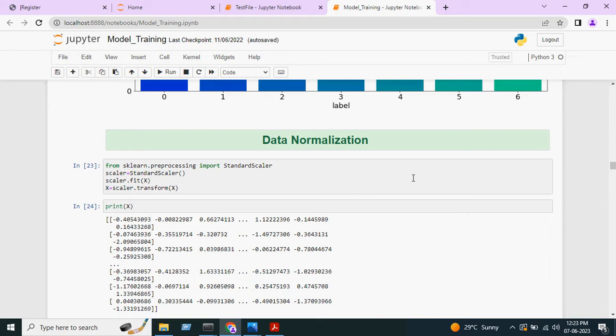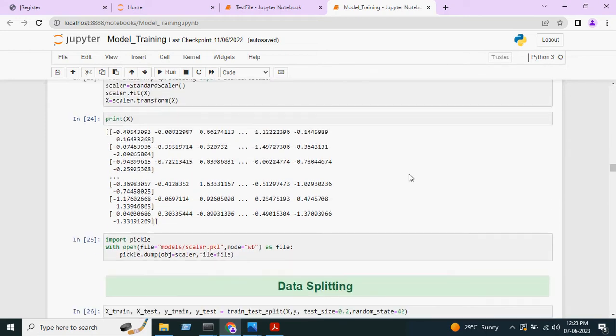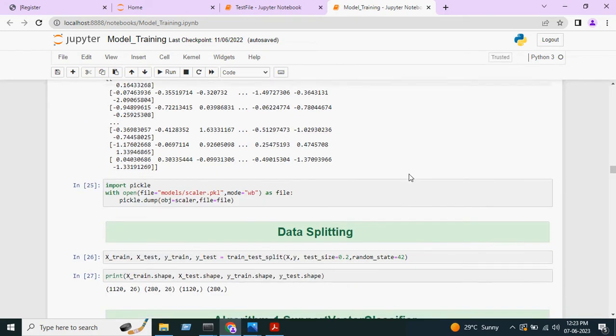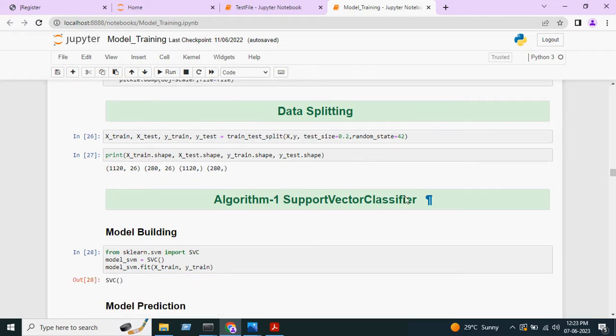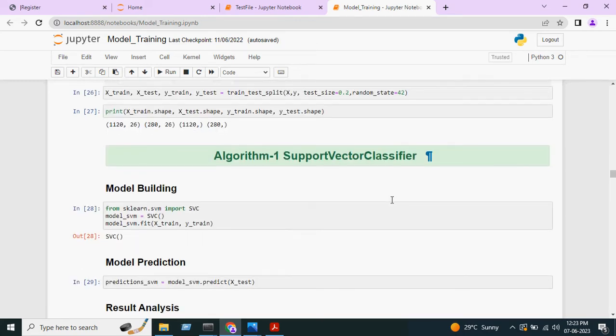We are doing data normalization here. After data normalization, data splitting will be done. In data splitting, we will split our data set into X train, Y train, X test and Y test. After data splitting, we will apply